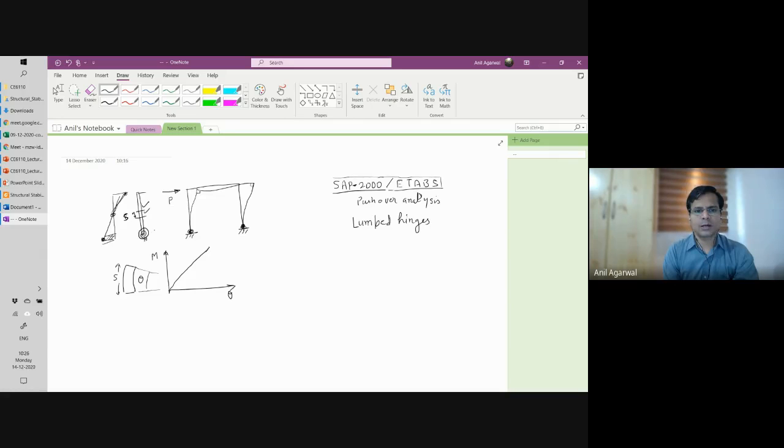But for this part, let's say there is some specialized literature available which says that the hinge formation is usually distributed over a length, and that length values are given based on the cross section and various properties. Let's say some value d. Okay, I'm just assuming a value length d. So over a length d, that hinge is forming. Okay, and for that d,